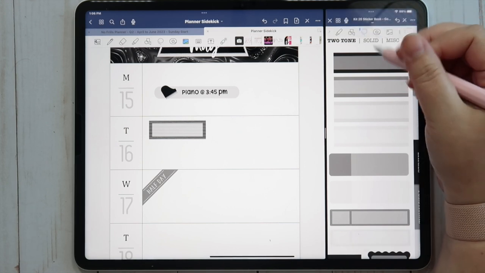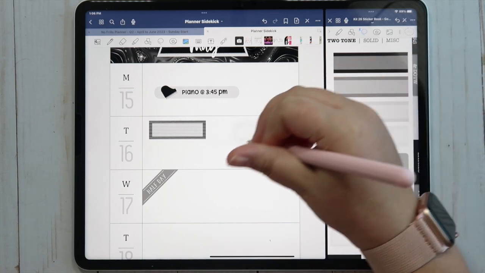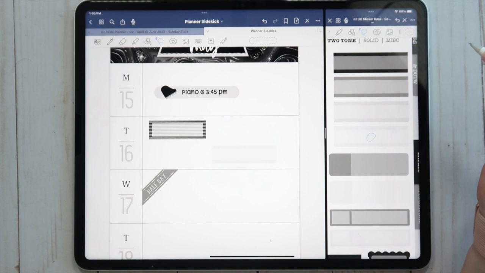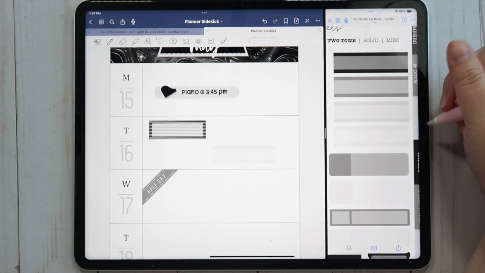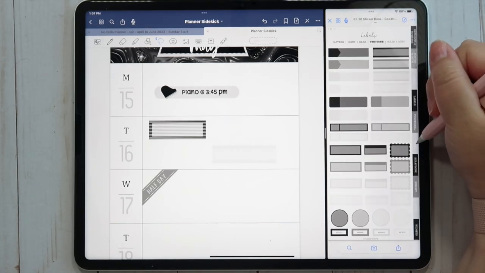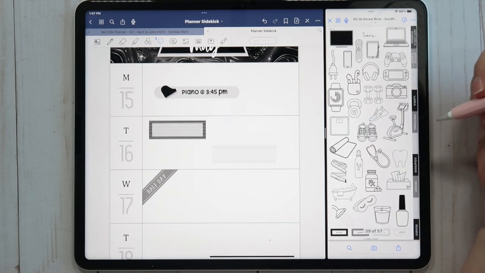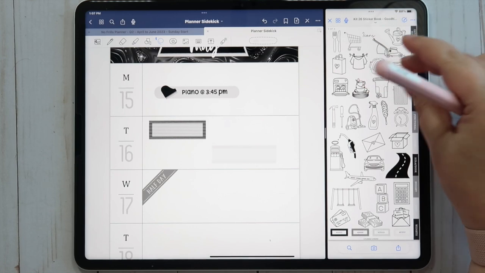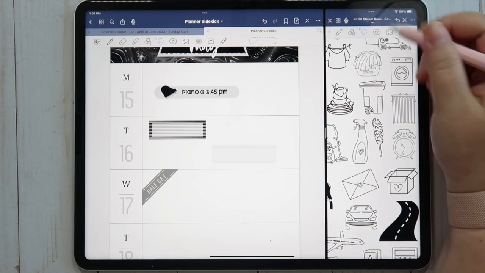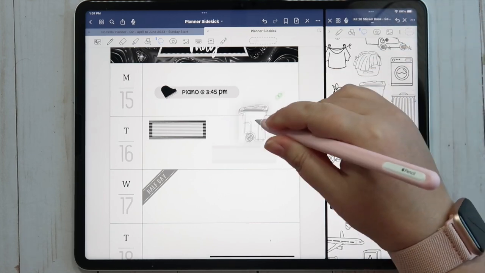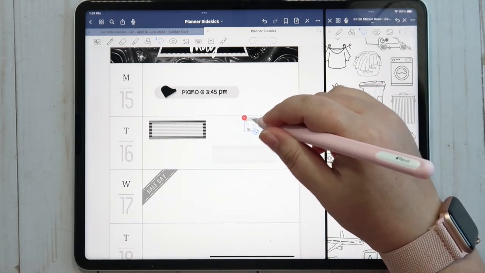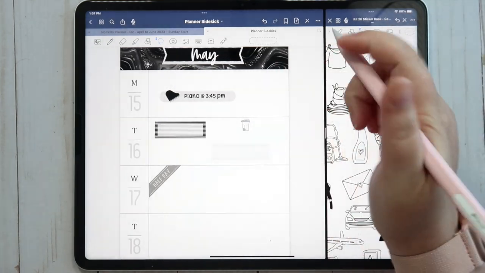Let's see, I think I want to go with this really light gray. I feel like that would be a fun one to use. And then I will also get in the icons, the little trash can. I'm so excited about these icons. So let's do this one. I love the more realistic one. So we'll do that.